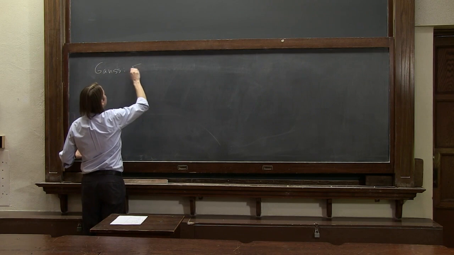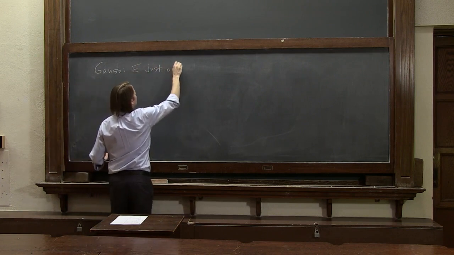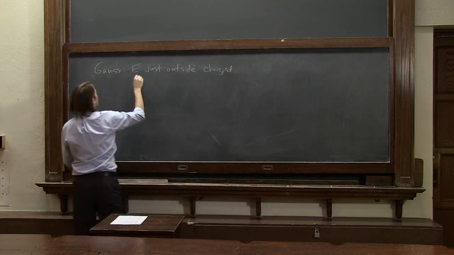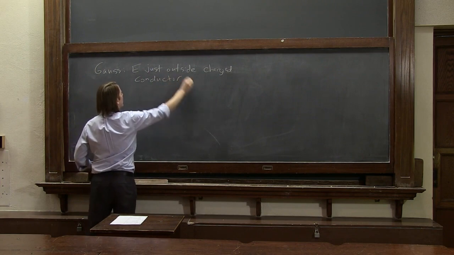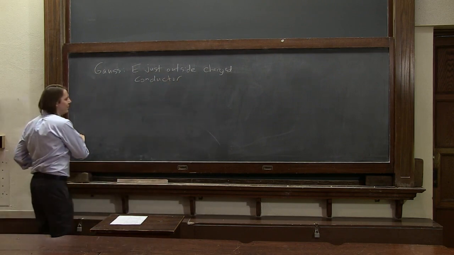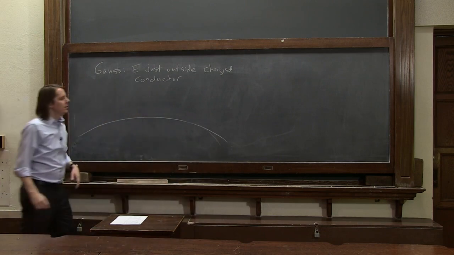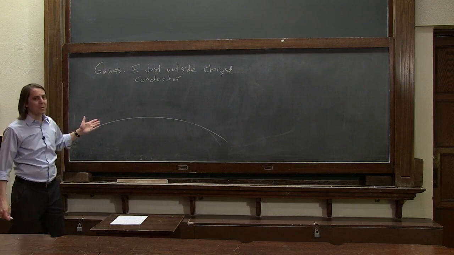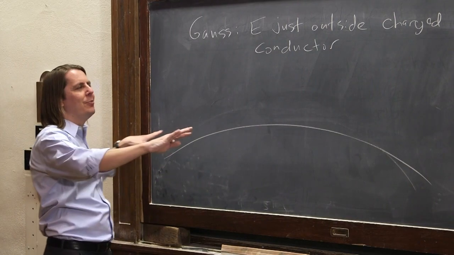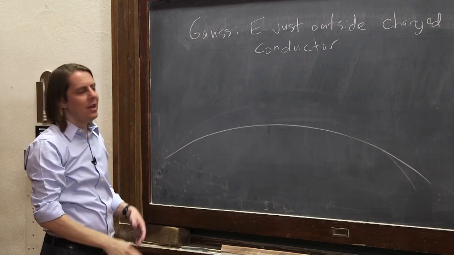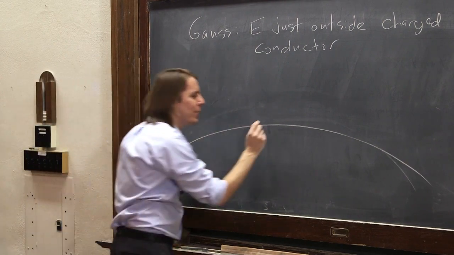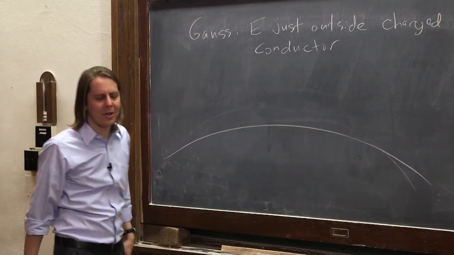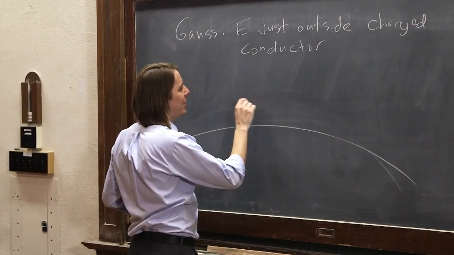So this is E just outside a charged conductor. Okay, so let's imagine we have some slightly curved conductor. Ultimately, since we're just calculating E right at the surface, it doesn't have to actually be perfectly flat. Right? We did the infinite plane. We calculated E for all distances from the surface. Here, we're really just calculating the E right at the surface. And when you're right at the surface, everything looks like an infinite plane. This curvy stuff is really far away. Okay? So let's not worry too much about it being an infinite plane,